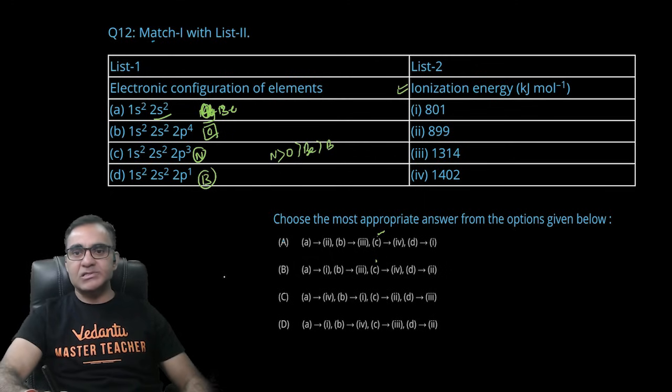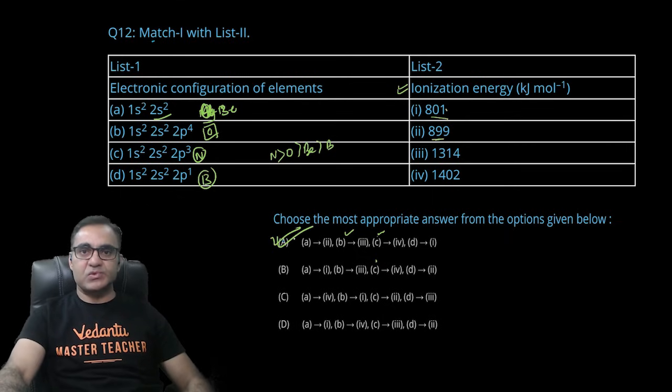उसके बाद सेकंड हाईएस्ट ऑक्सीजन का, यानी B का सेकंड हाईएस्ट, यानी 1314, तो B के साथ 3 मैच होना चाहिए, इसी में मैच हो रहा है, और A के साथ 2 मैच होना चाहिए, A के साथ 2 मैच हो रहा है, ये भी ठीक है, क्योंकि ये 899 है, ये 801 है, तो ये बोरॉन का हो गया, और ये आपका बेरिलियम का हो गया। ऑलराइट, तो A इज गोइंग टू बी द करेक्ट आंसर ऑफ दिस क्वेश्चन। ओके,